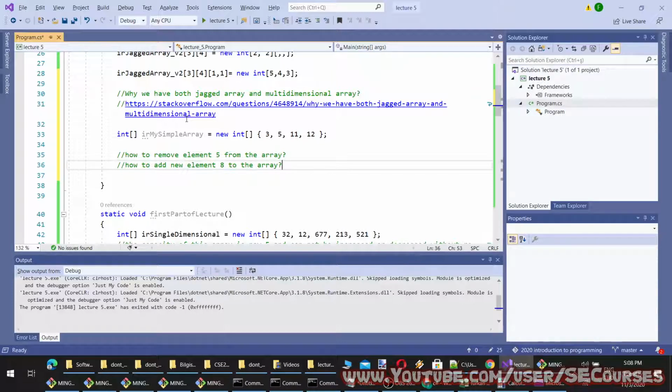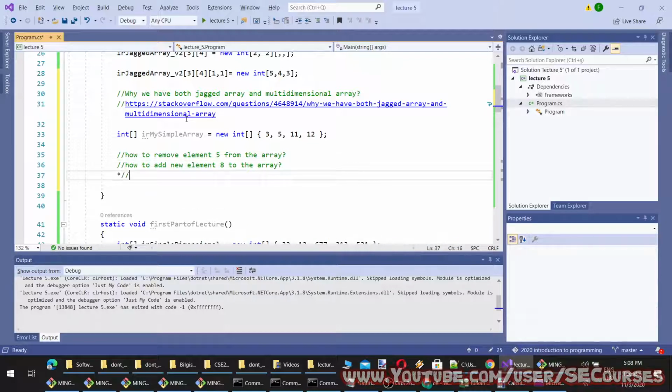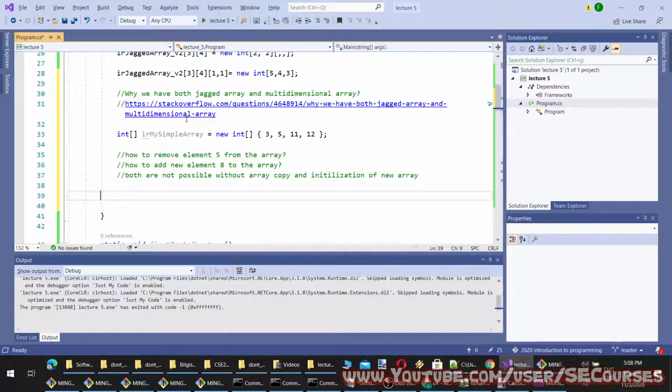Are these possible? No. I can only change existing elements of the array. So what I can use instead, yeah, maybe we can call them dynamic arrays or not.